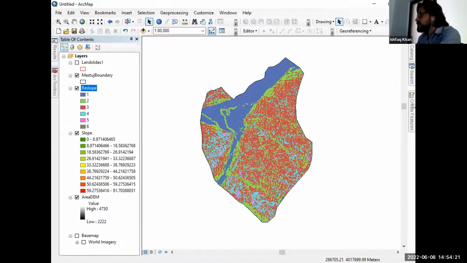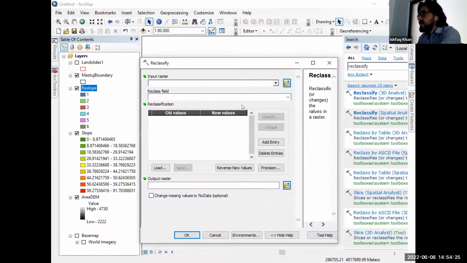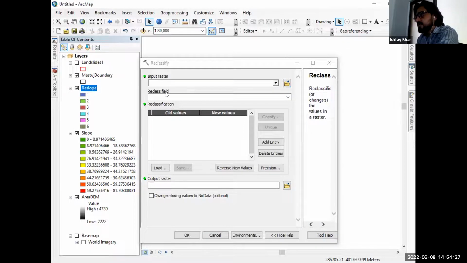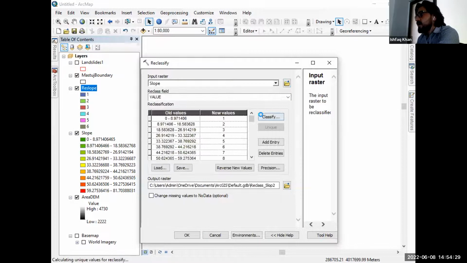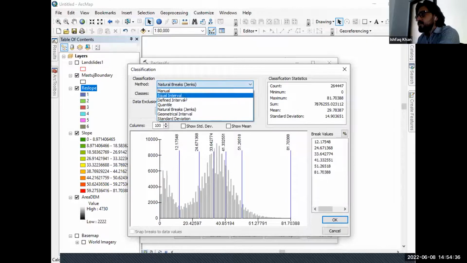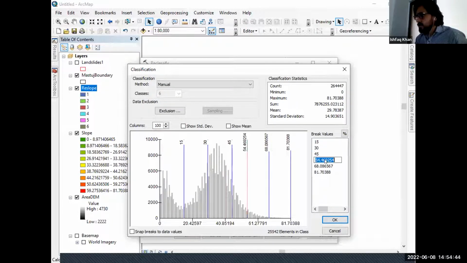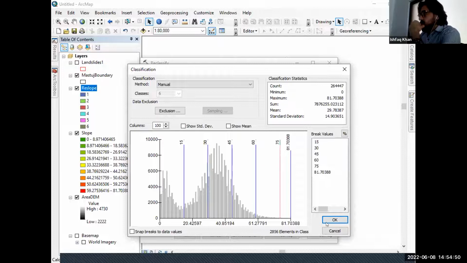Let's suppose I want to repeat this step here. I didn't show you how I'm saying that 1 means 15 degree. Let's suppose I classify it into 6 classes and put it in an equal interval, and then I put 15 degree, then 30 degree, then 45 degree, then 60 degree, then 75 degree, and then greater than. Okay. When I click OK,